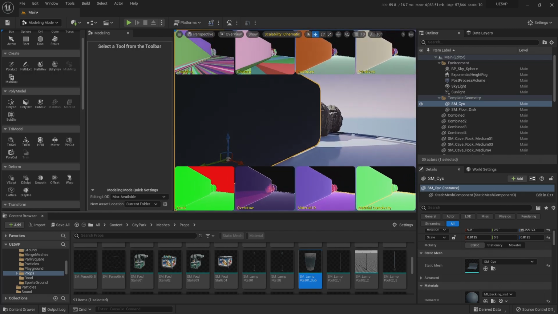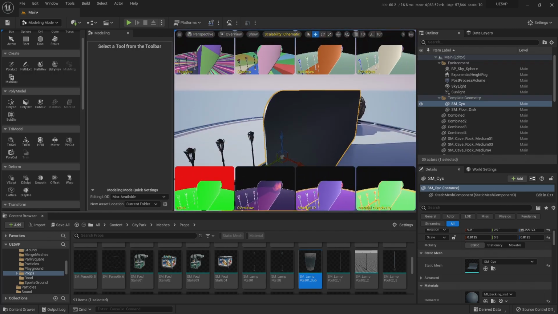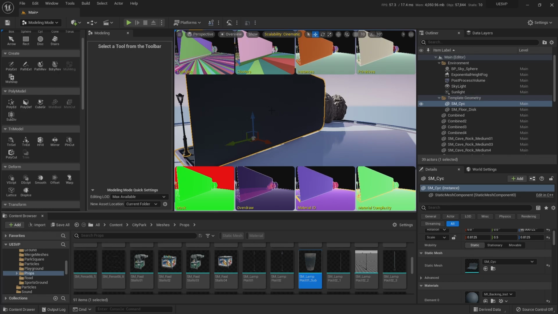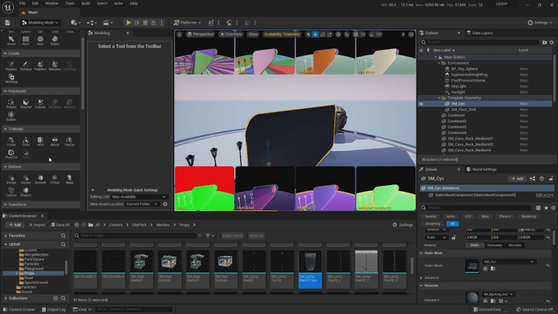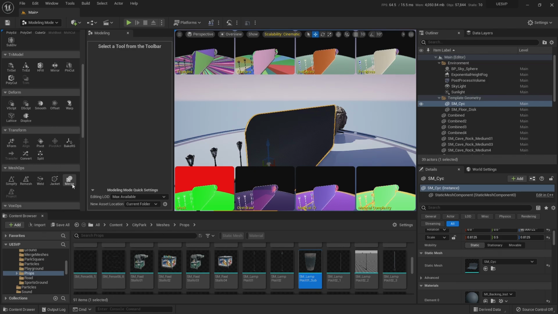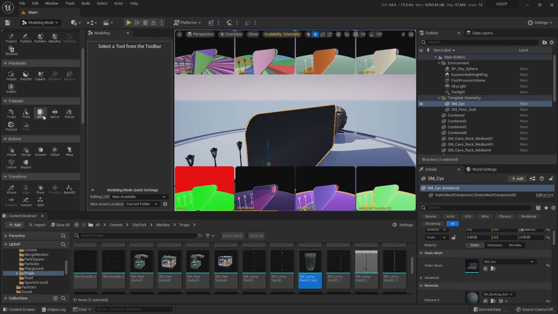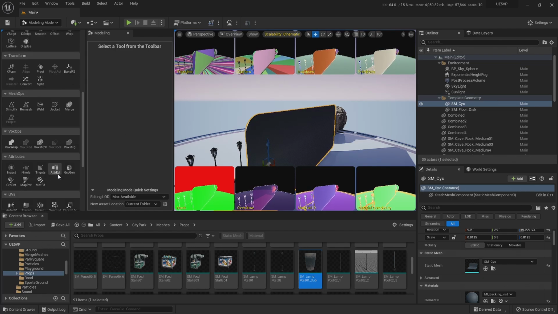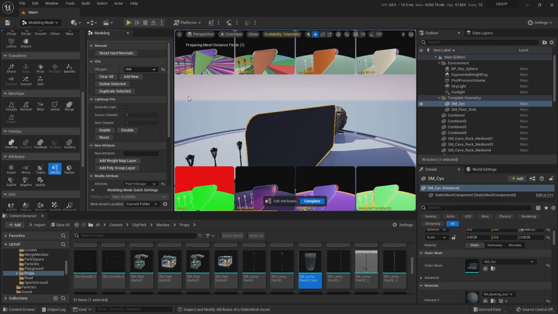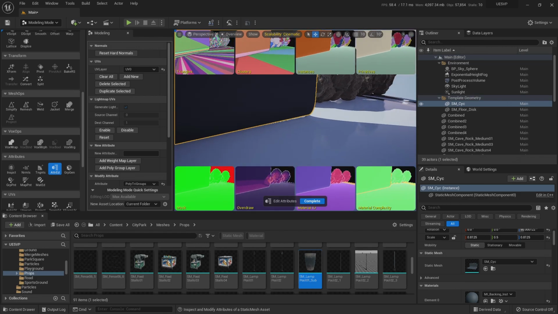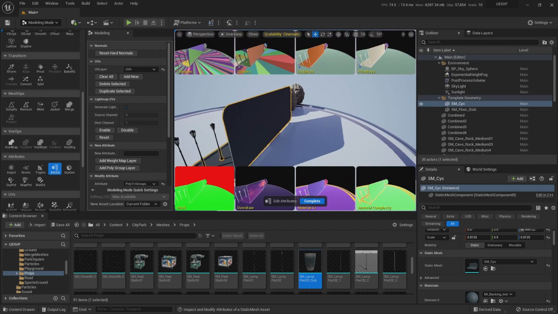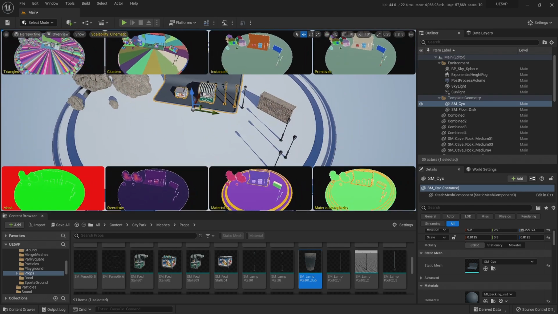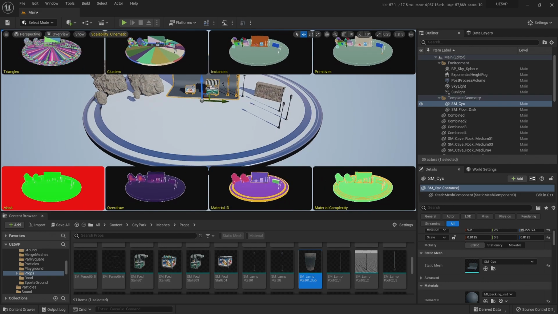If you have any issues with the fill tool not working very well, what you can do is select the thing that you just filled and go to attributes. Right here, the attribute editor, and you could reset hard normals, and this should fix a couple of issues. All right, so now if I hit complete and I go back to my select, you can see that I have a full Nanite scene working.